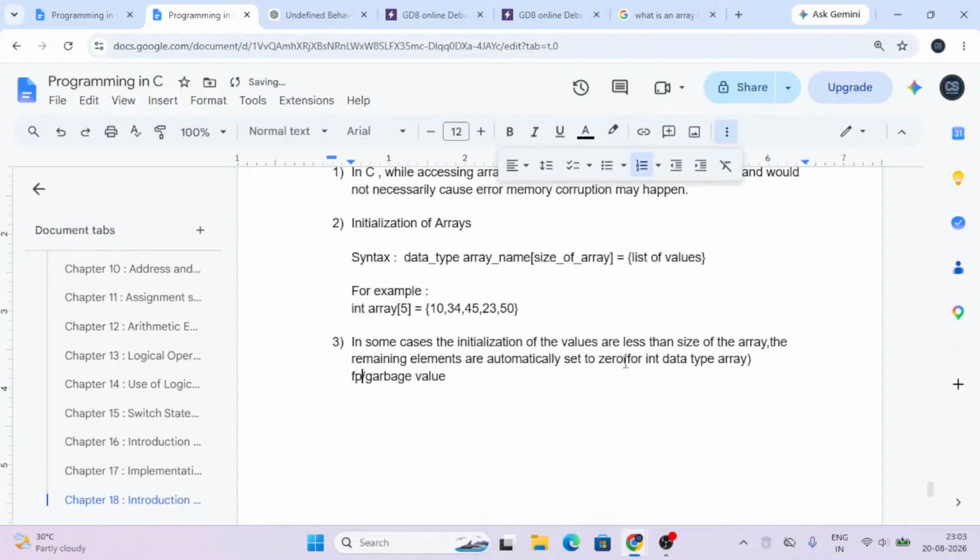In case of character, it will be null. For data type array in a character, okay. So garbage value depends upon the compiler what it's to do. So the next point is